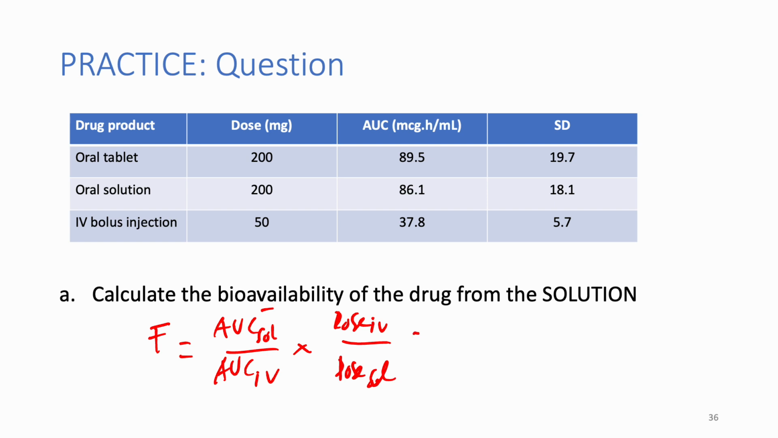So in this case, you have the AUC of solution, 86.1, divided by the AUC of IV, 37.8. You need to multiply with the dosing factor because they have different dosing. The dose of the IV is 50 milligram, and the dose of the solution is 200 milligram. So then from this one, you will have the F value is